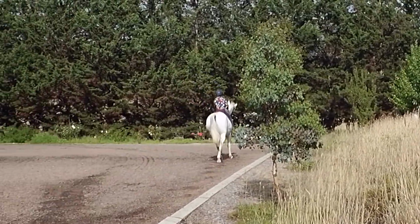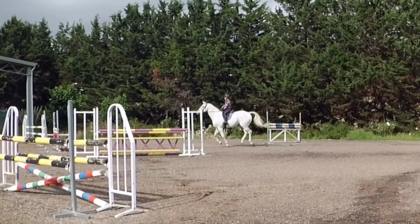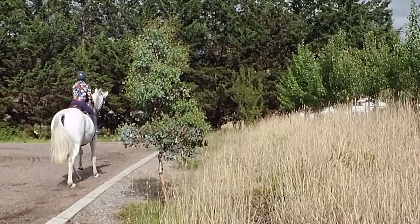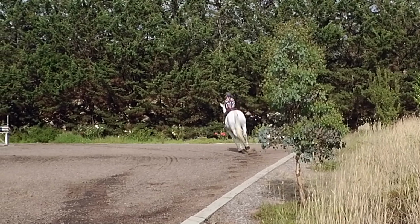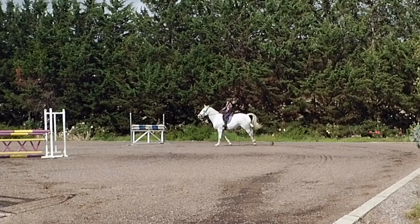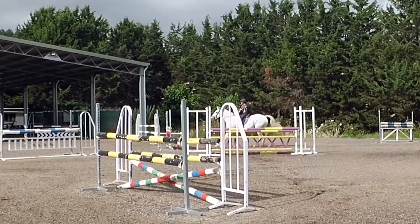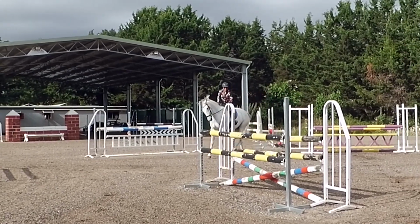Getting the curve path right was harder than it sounded. On my first attempt, I went too wide in the turn, and we ended up too close to the jump. On the next attempt, I overcorrected and rode the turn too tight. That's when my unruly right hand kicked in. I pulled Pabs up in an attempt to fix the distance. Classic rider error. Instead of sitting and waiting, I shortened his stride, which only caused him to step off the